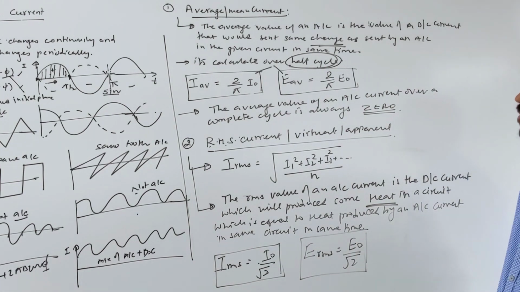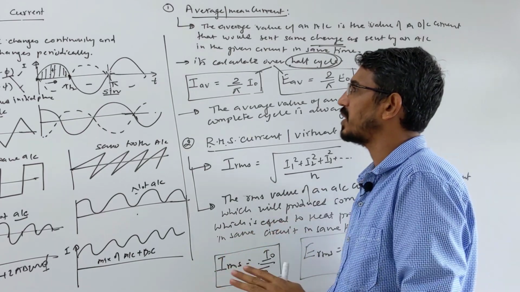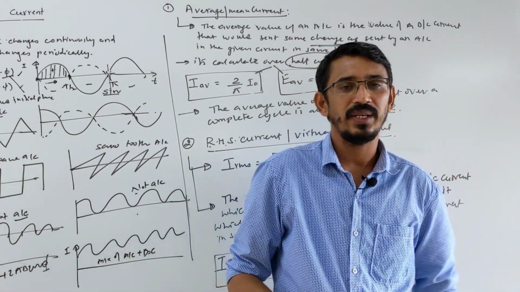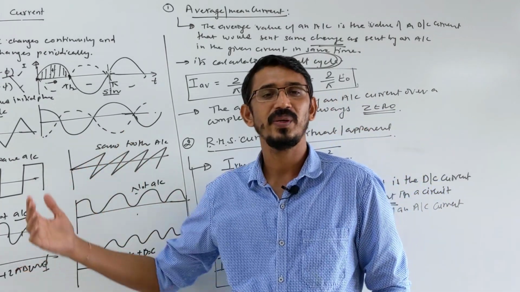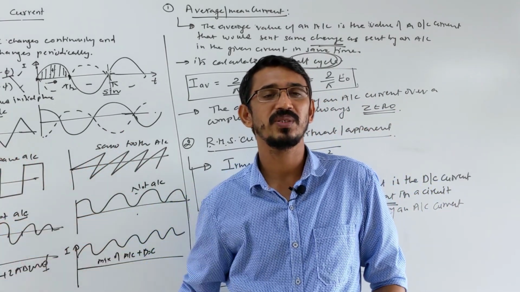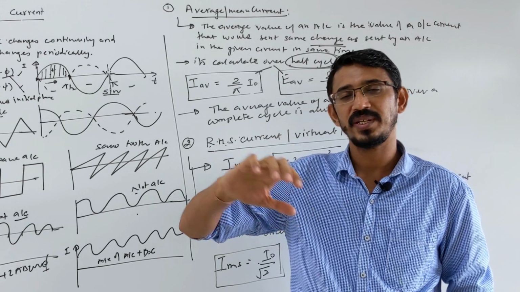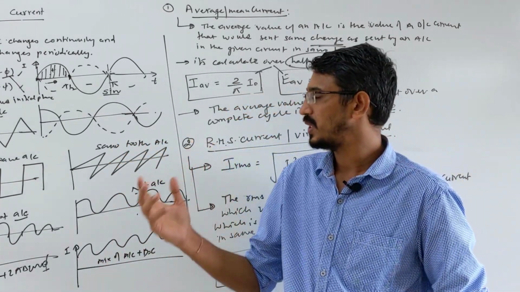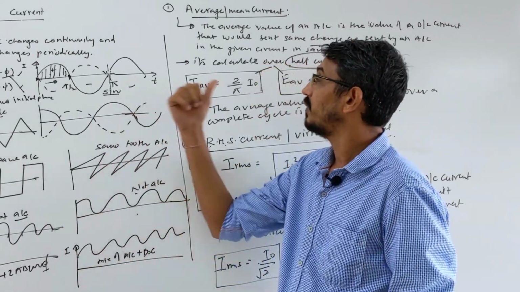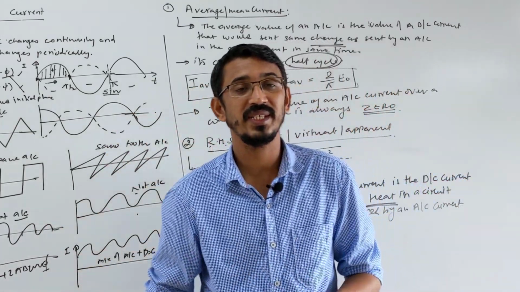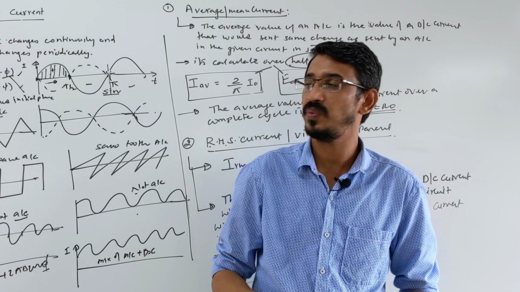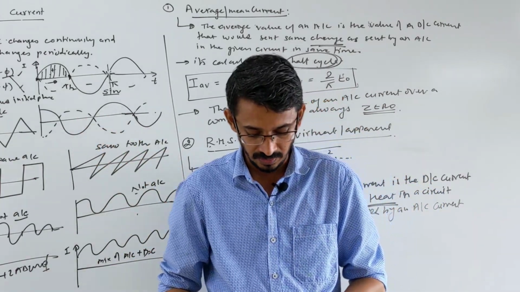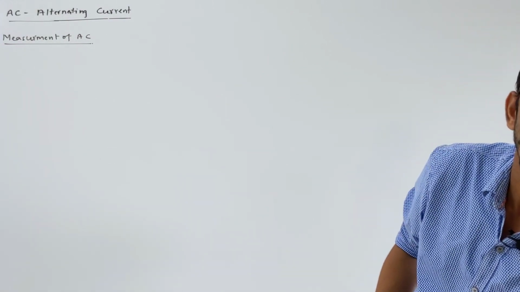Here we can talk about one more topic. Some theory question they can ask: how do you measure DC current and how do you measure AC current? How do we measure DC current? Already we have learned that we have an instrument called an ammeter. An ammeter is generally made from a galvanometer. Moving coil galvanometer, its working and these things we have already learned. So here also we have a device which measures AC current, that's called an AC ammeter. We'll compare these two and see the difference between an AC and DC ammeter.